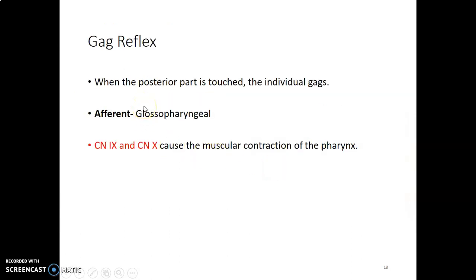Then we have what you call the gag reflex. When you put something into the mouth and touch the roof of the mouth at the deeper portion, what happens? The person will gag. Why? Because you carry the sensation by the glossopharyngeal nerve, and that goes quickly to the brainstem and communicates with the same glossopharyngeal and vagus that innervate muscles of the pharynx, leading to contraction. So that gagging is because the pharyngeal plexus formed by 9 and 10 nerves will cause contraction of muscles of the